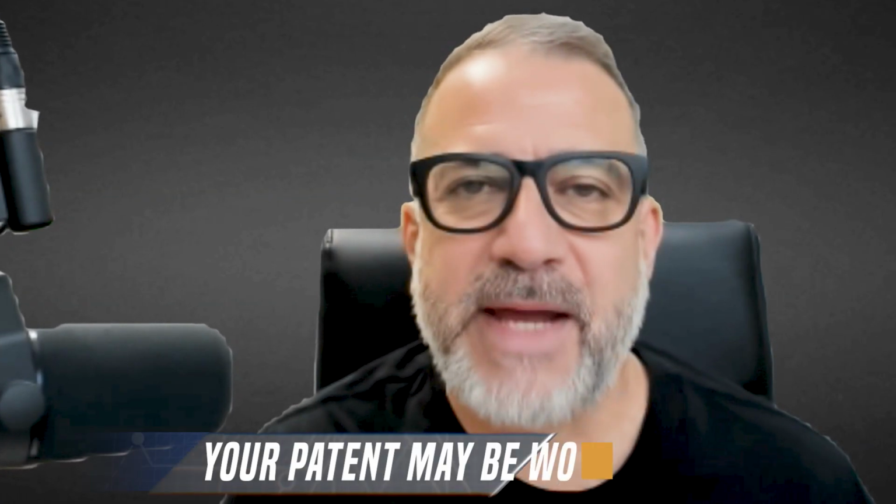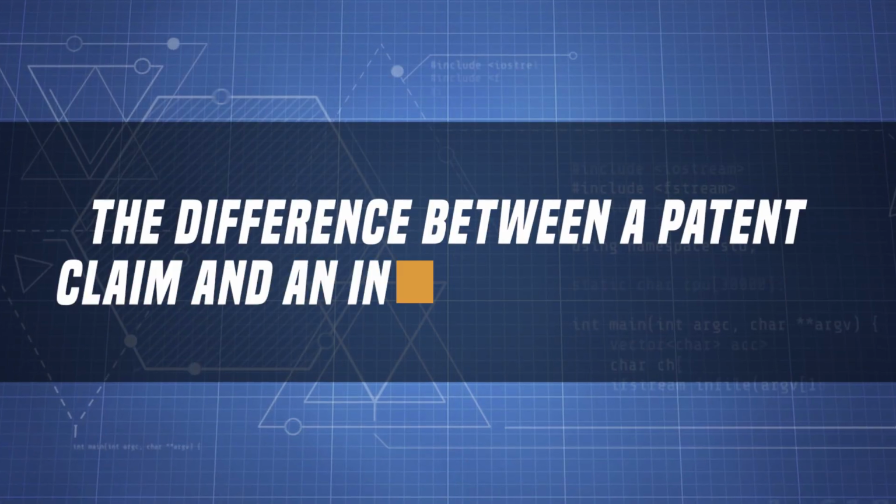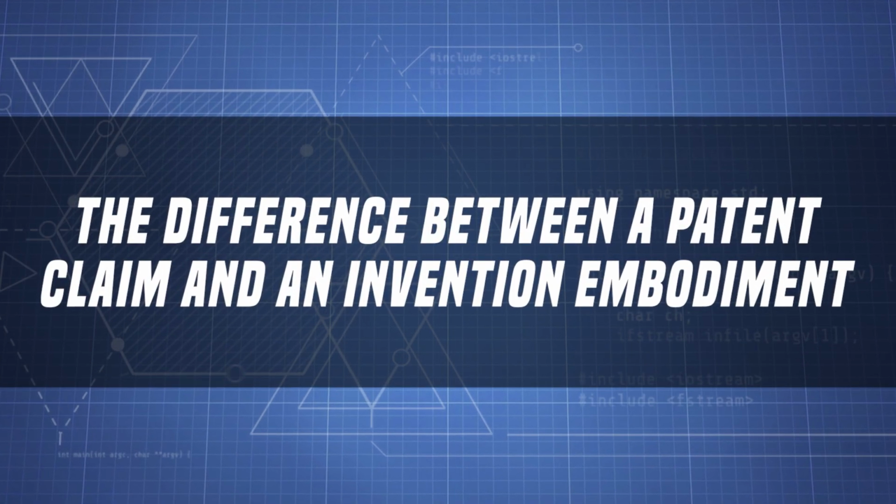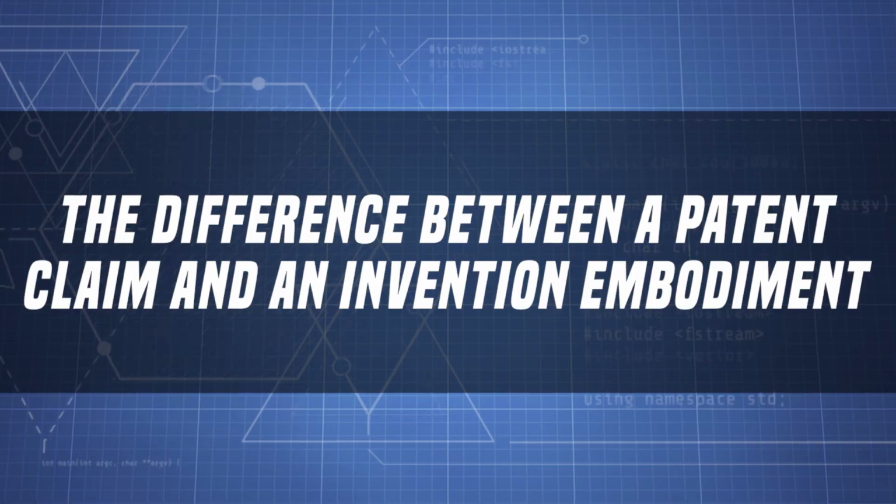Here's a secret most inventors don't know. Your patent is only as strong as its patent claims. You might describe your invention perfectly, but if your claims and embodiments don't match up, your patent may be worthless. In this video, I'll explain the difference between a patent claim and an invention embodiment and why it matters more